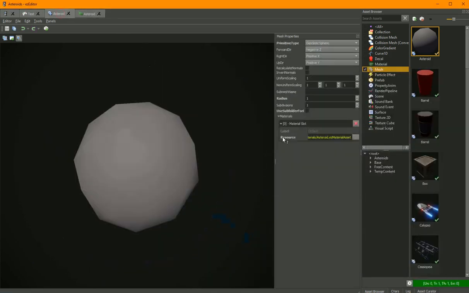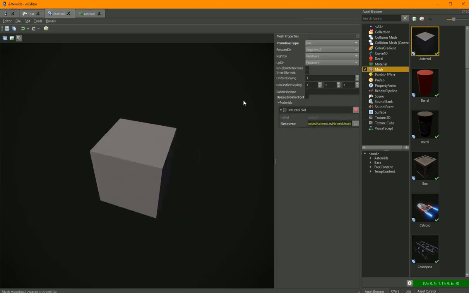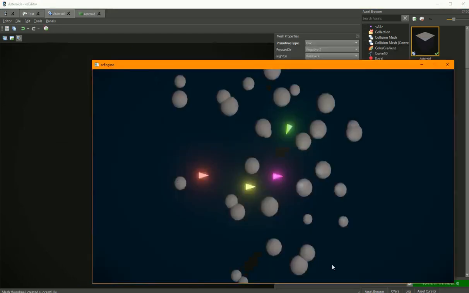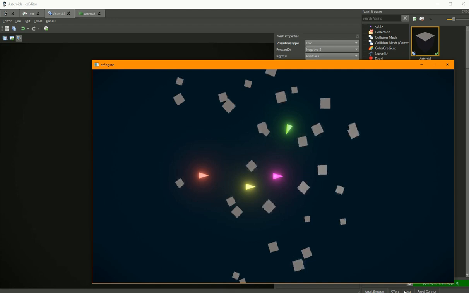So maybe we instead change our mesh here to, I don't know, something more like a box. That's a nice asteroid. Go in here, press F4, and all of the meshes change to that. This would also work over FileServe and so on. So I've been using this on a HoloLens